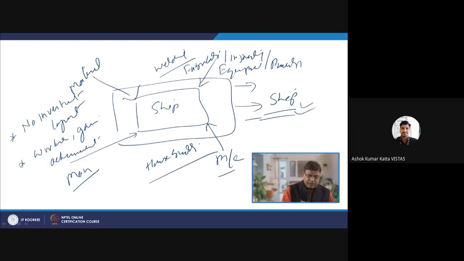So, investment is limited, and they gain experience and expertise, and they feel pride in realizing something in this kind of